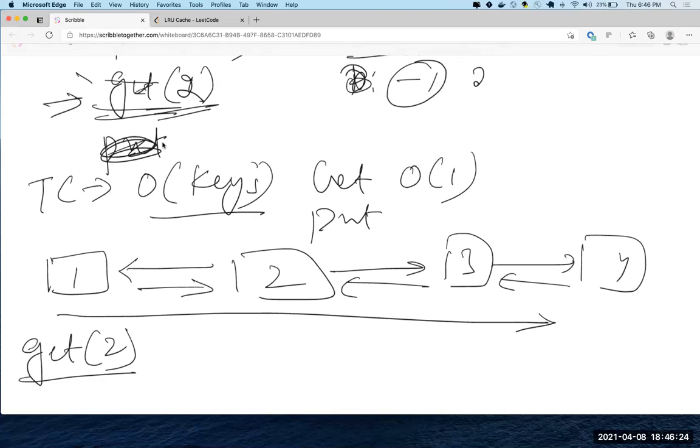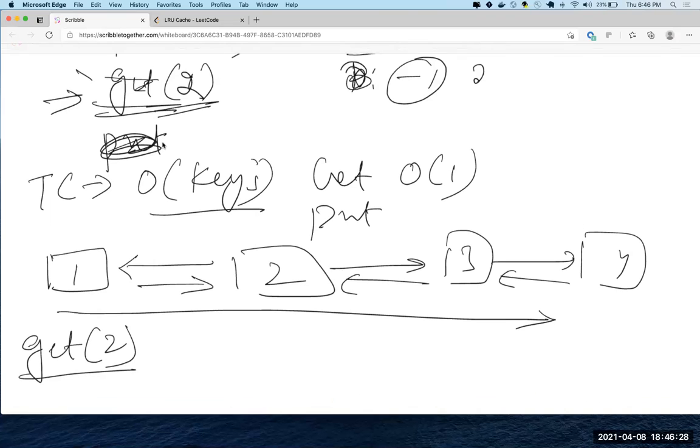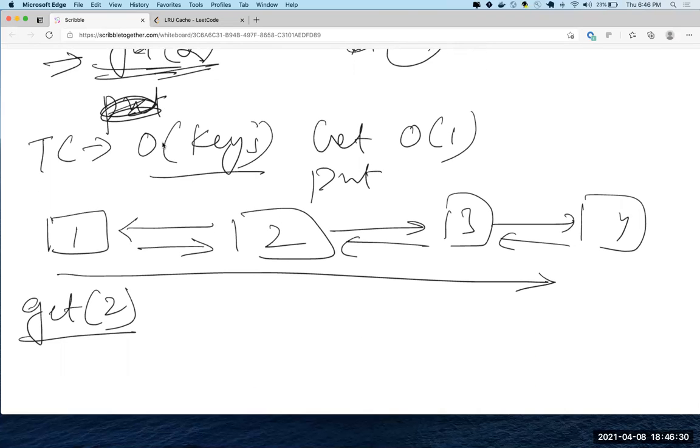if you do a get of 2, what I would have assumed is you remove 2 from here and you append it to the end of the list. Sorry, into the beginning. That's because this is the most recently used item now. So you want to make this 3, 2, 1, 4 and 2. Okay, assume that the end is what your latest is. Fine. So I want to do this, right? Does a singly linked list still work?